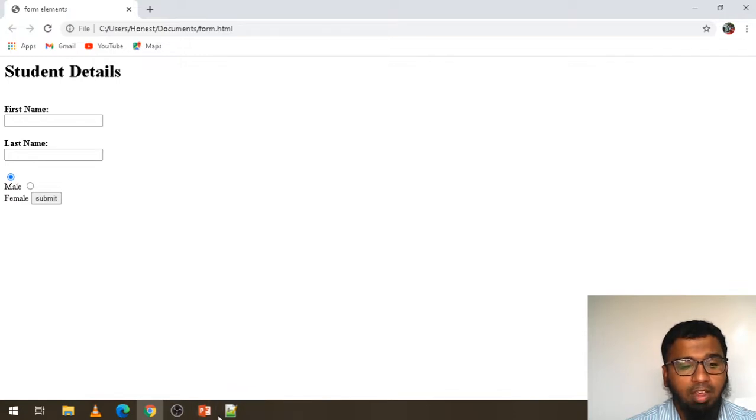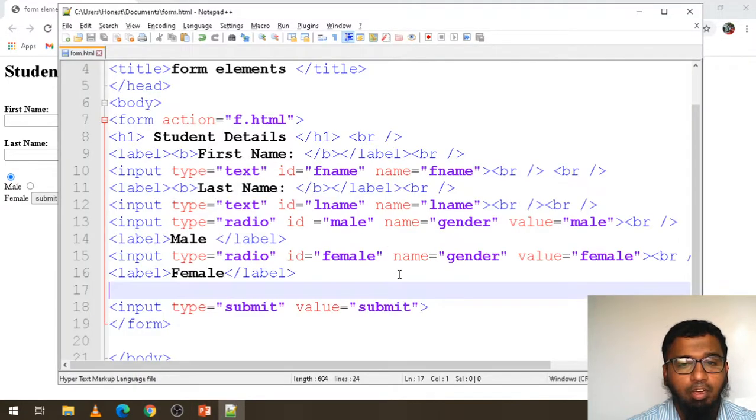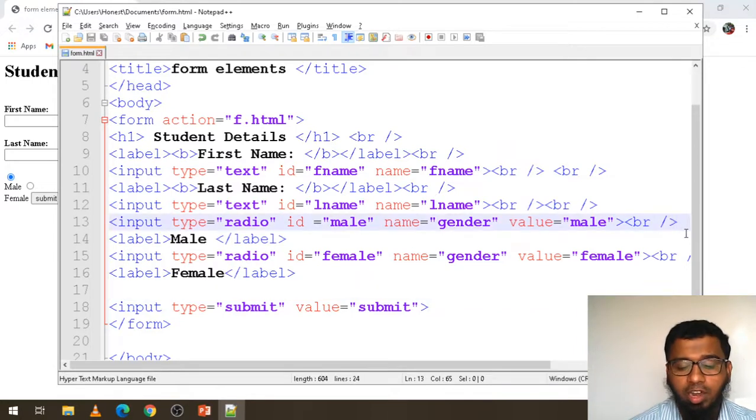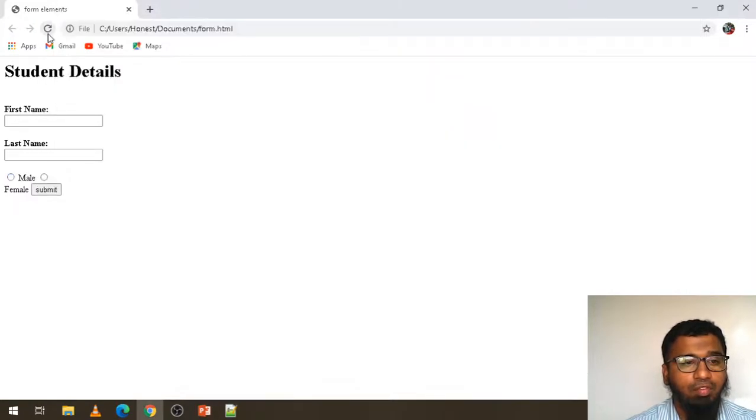So let's go back and do the modification. As I told you, you will not get any kind of errors, okay. You will not get any kind of errors, you need to identify. So I delete that, save and refresh.